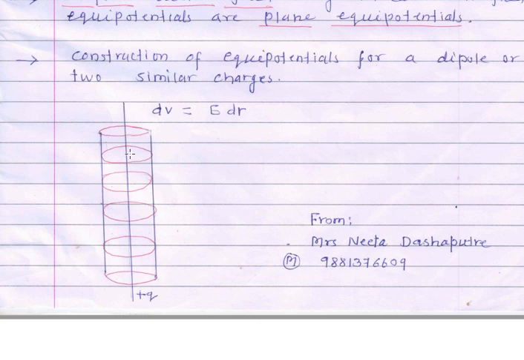Every point on it is at the same potential. So all the circles are representing equipotentials, and the locus of all these points will be the shape of a cylinder. So this cylinder is the equipotential when the charge is a line charge. Now if I extend this axial distance, then, just like a pen cap with a little greater radius, this will be another coaxial cylinder having constant potential, or an equipotential surface.